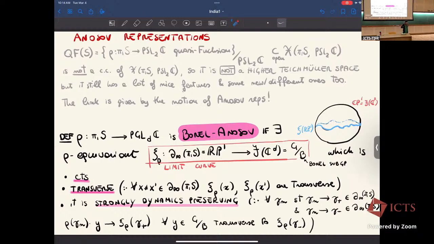So for any infinite sequence that tends to gamma plus and gamma minus in the boundary, you have a behavior of the image. So if you look at rho of gamma n applied,